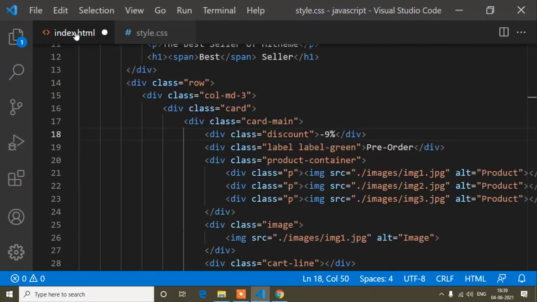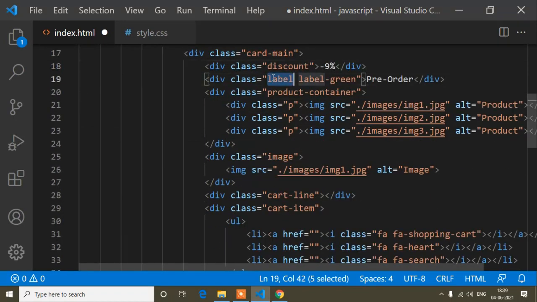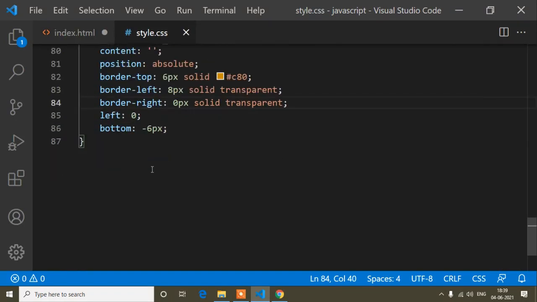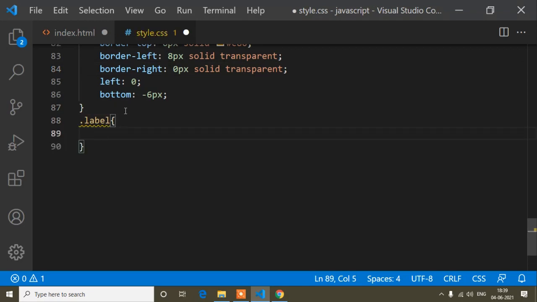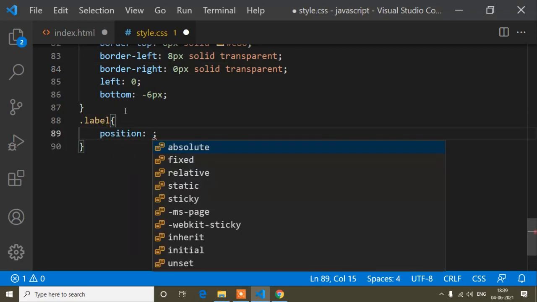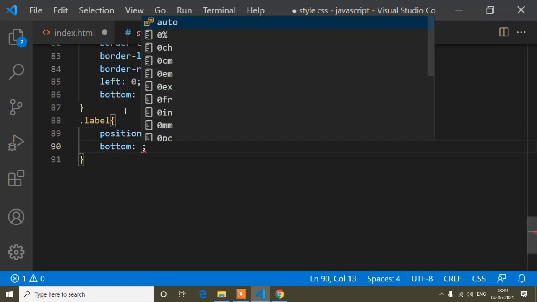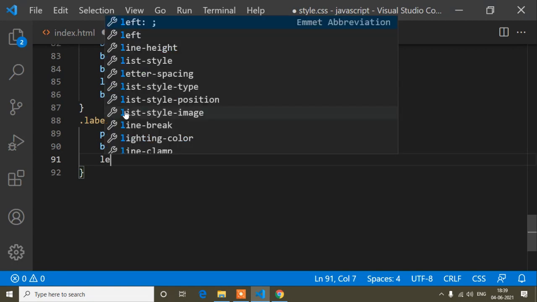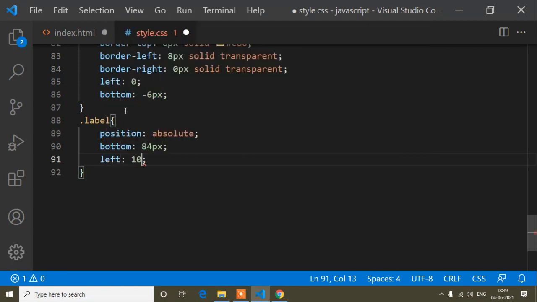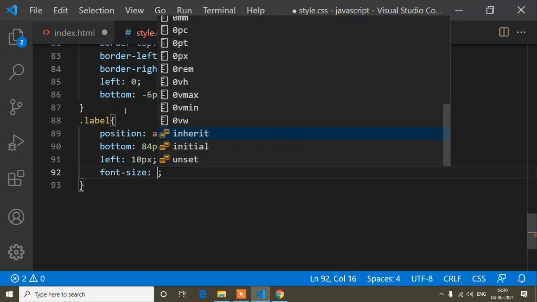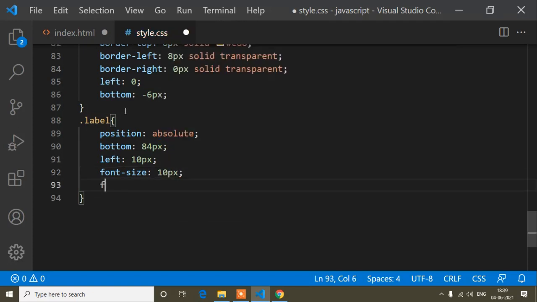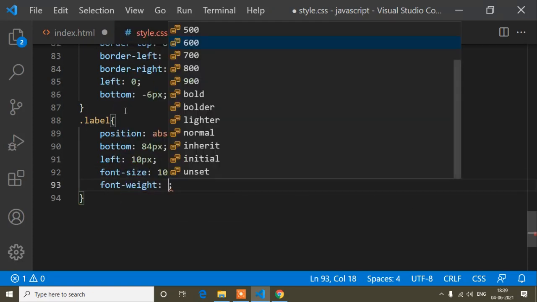And now I'll go to the HTML. So now I will add some CSS for this label. I'll copy this, paste it here, and this label will also be floated. So position absolute, and bottom is 84 pixels, and left, because when we add position absolute we set the position, so left will be 10 pixels, and the font size will be 10 pixels, and the font weight, because I want to make it bolder, will be 400.